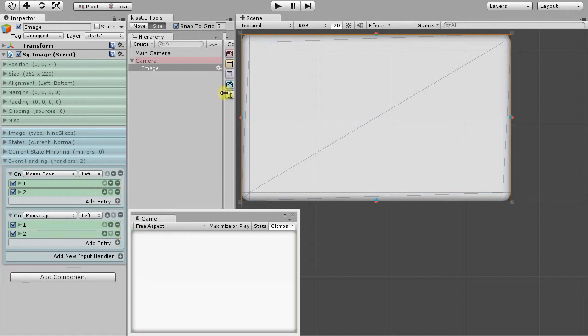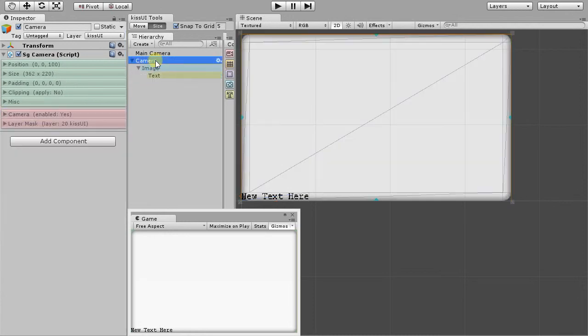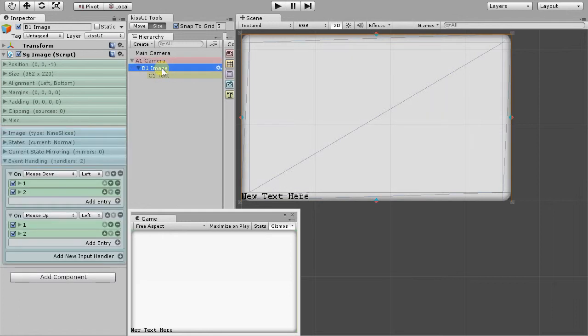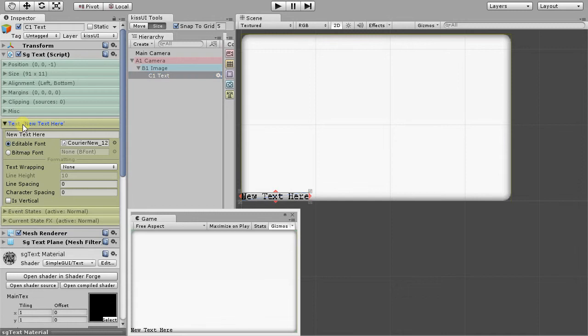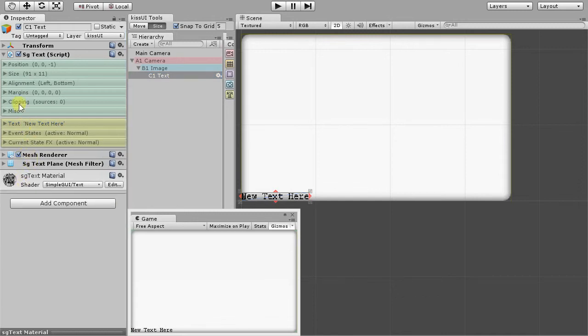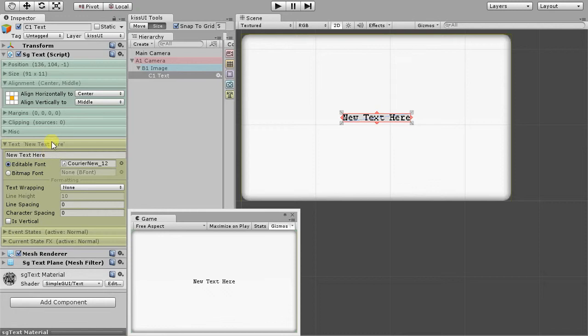Well, actually, let's do this. It's much easier if we have a text object, and let me just add a prefix to these, just so it's easier for me. So let's go ahead and try to change the text. Collapse, and alignments. Let's put the text in the middle. I won't bother changing the text at the moment